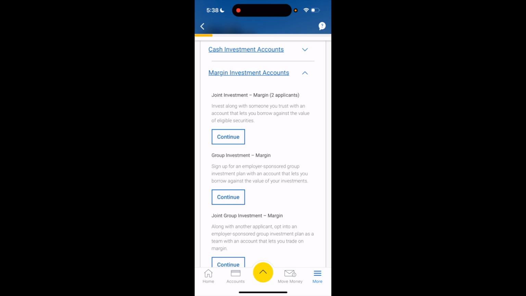So very simple, very straightforward. That is how to open up a margin trading account on the